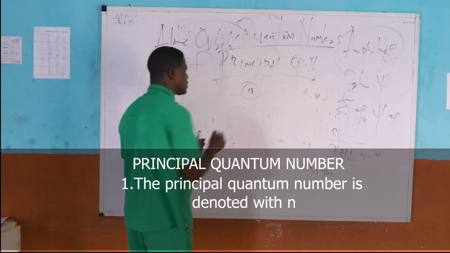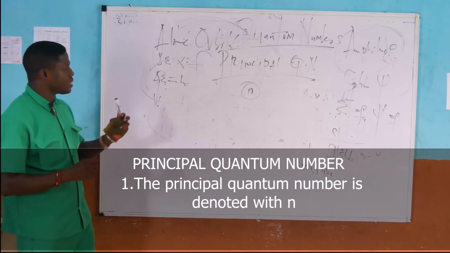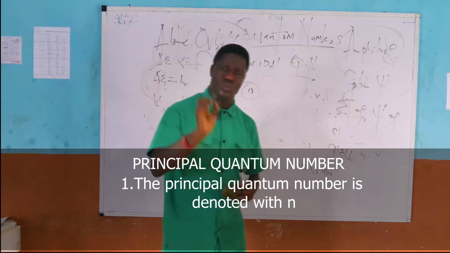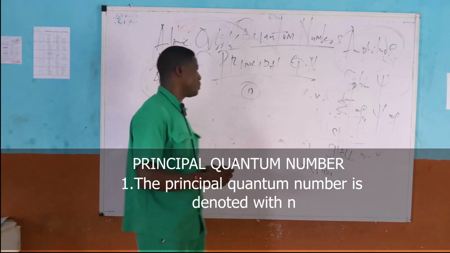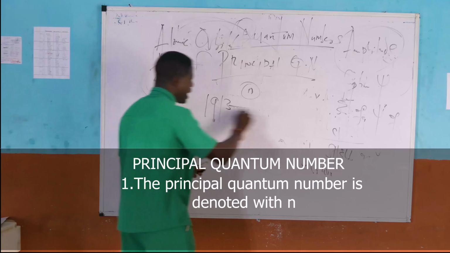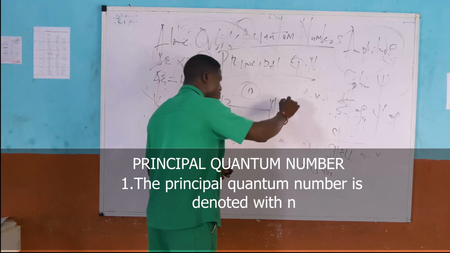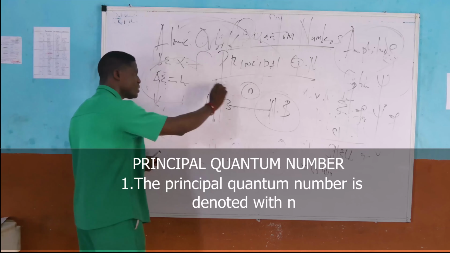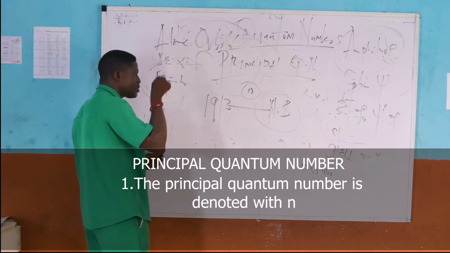The principal quantum number, please take note of that. It is denoted with a small letter n, and it happens to be the first quantum number that was discovered. It was discovered in the year 1913 by the chemist known as Niels Bohr. Niels Bohr is attributed with the discovery of the principal quantum number, and that took place in the